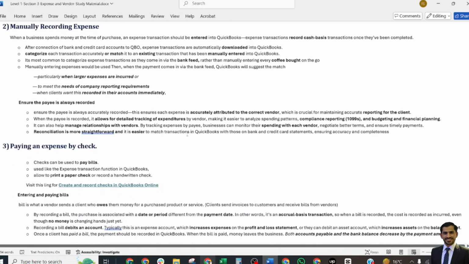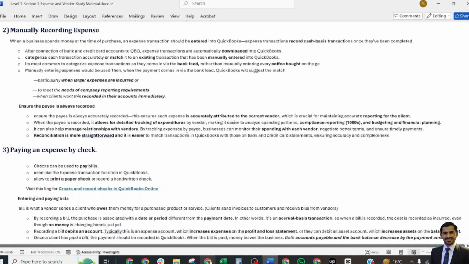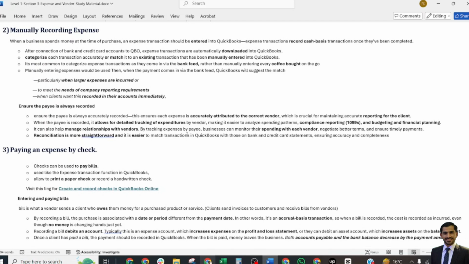Now we shall discuss our second option, that is regarding the expense. You may record the expense or the bills when a business spends money at the time of purchase. An expense transaction shall be entered. Expense transactions are recorded on cash basis systems once they are completed. Now we are going to discuss